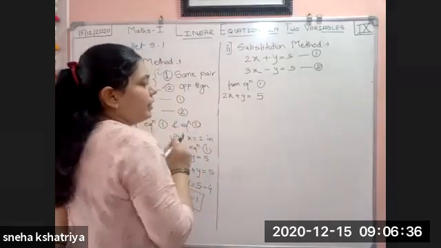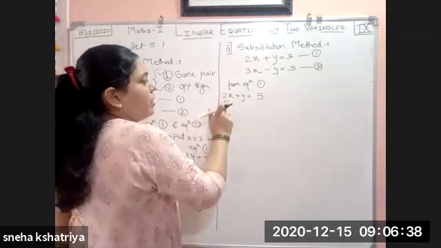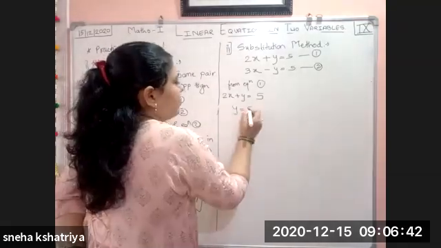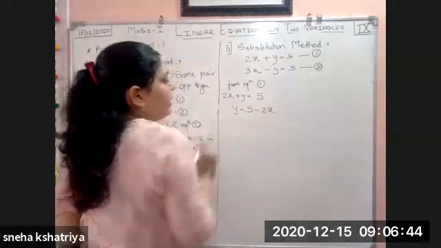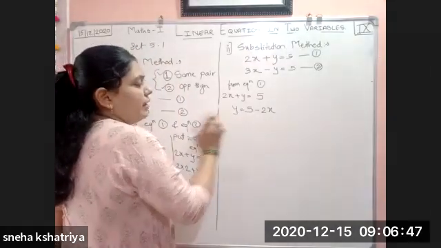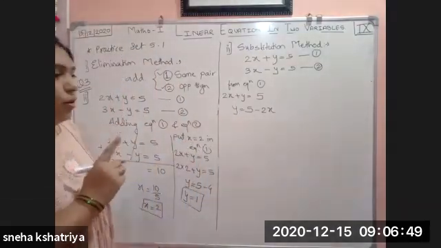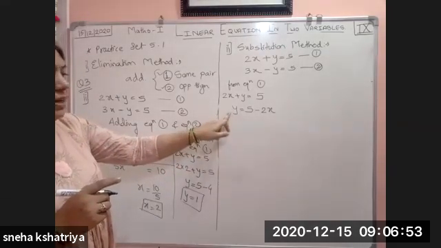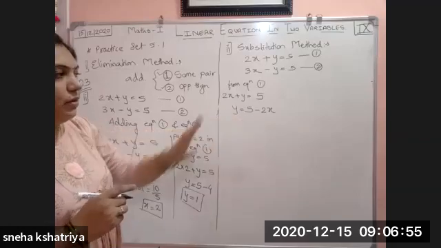From here, we are going to find out the value of y. So whatever the number 2x is there, shift to the right side. So we get y is equal to 5 minus 2x. I have found out the value of y because y is single. It does not have any constant multiplied, any number multiplied to y. So we get directly the value of y.